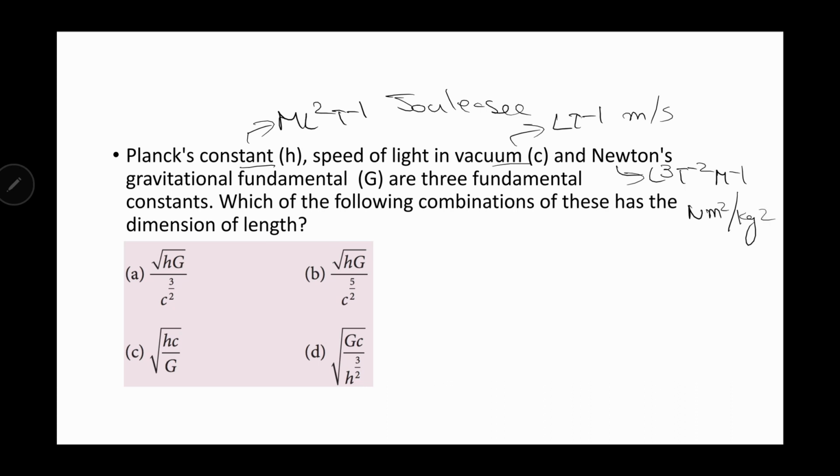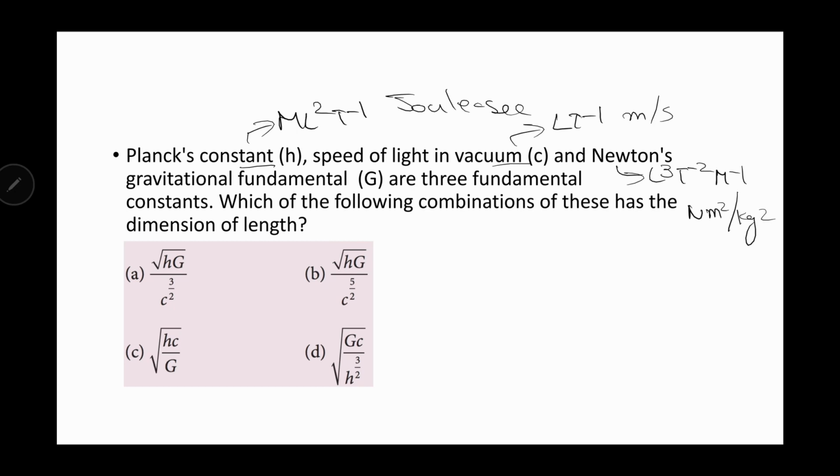So you might be thinking, why am I writing the units of the constants as well? This is to make sure that if you forget the dimension of any of the constants, or anything as a matter of fact, then you can easily derive it if you just know the units. Now, I hope that you know the difference between units and dimensions. For example, in Planck's